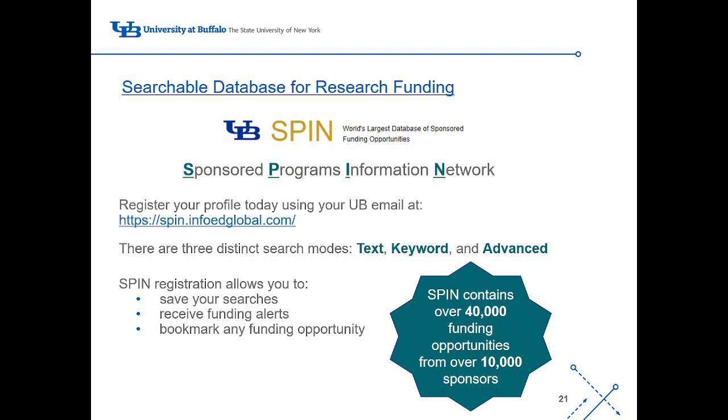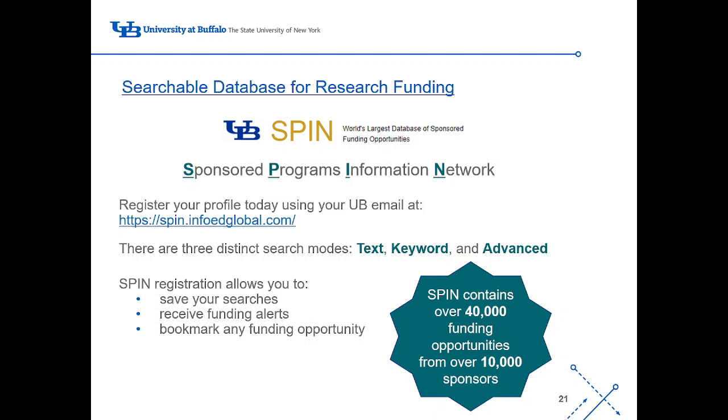The most comprehensive tool for finding research funding opportunities is the Sponsored Programs Information Network, or SPIN. SPIN is a database containing over 40,000 funding opportunities from more than 10,000 federal, public, nonprofit, and private sponsors. Registered users can find funding announcements from major sponsors like NIH and NSF, as well as from smaller and more